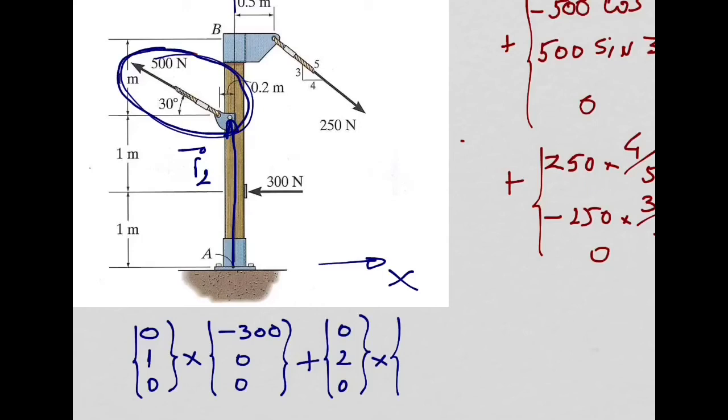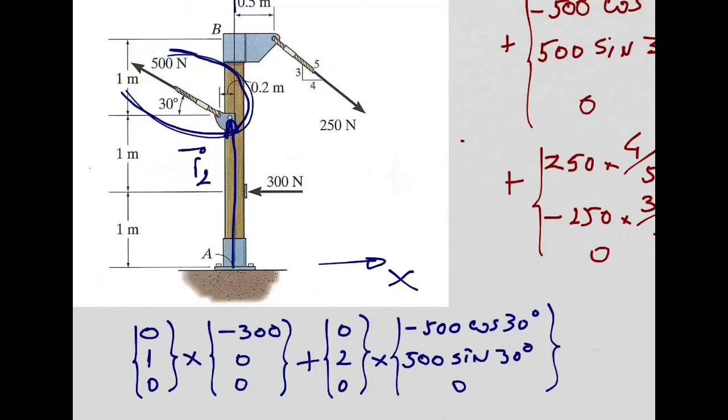Now I need to define this force vector here. X component, minus 500 cos 30. Agree? Y component, 500 sine 30. Very good. Z component, 0. So the moment produced by that force about point A is the result of this cross product. That is done as well. So the last one we have to do is